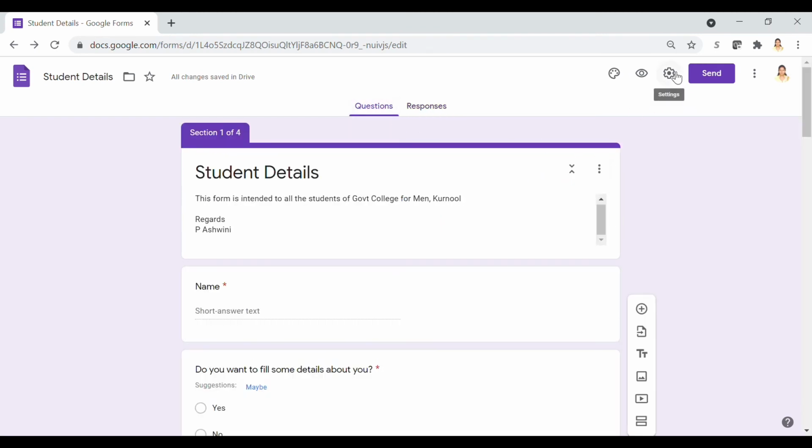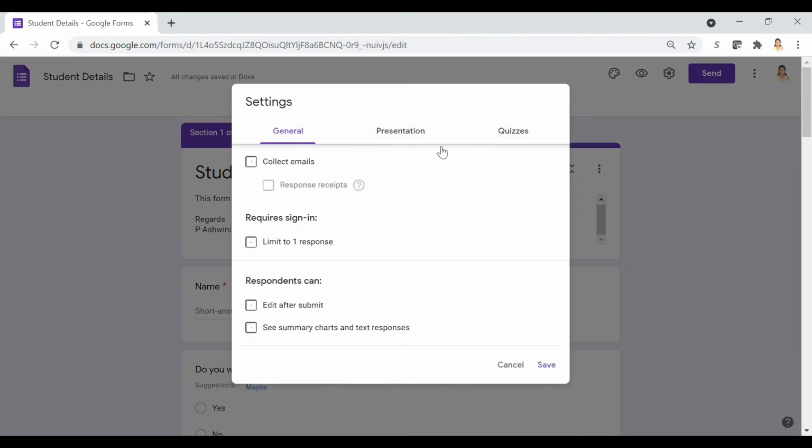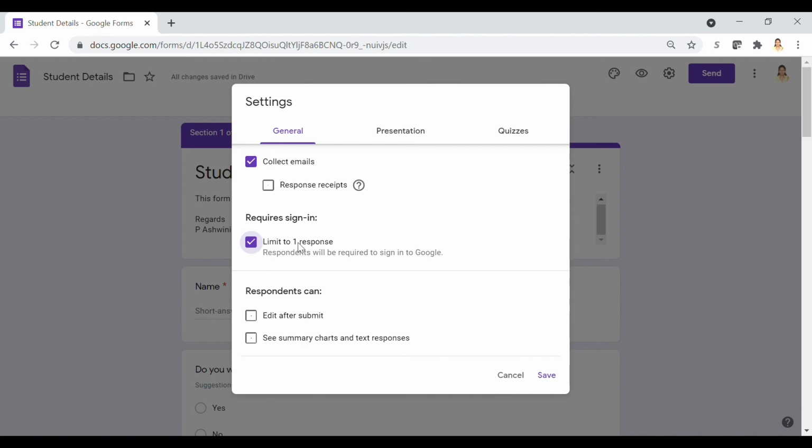Click on the settings button on the top right corner, in the general tab. Click on collect emails. Select limit to 1 response as this will help us in avoiding duplication of entries.